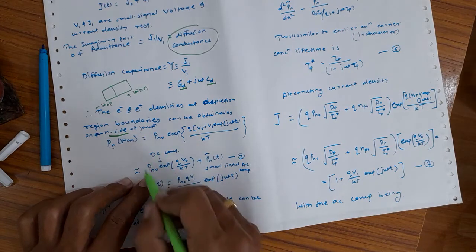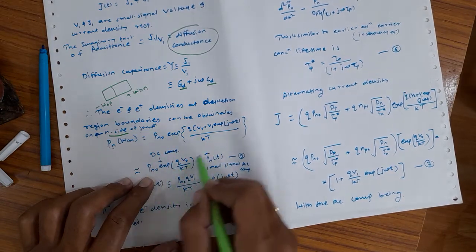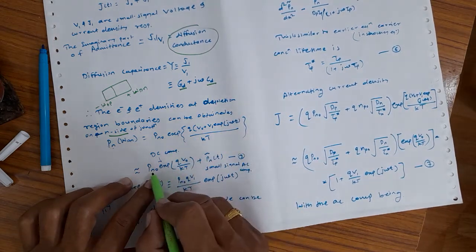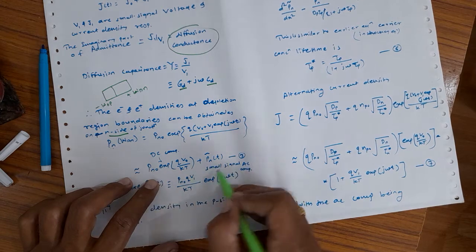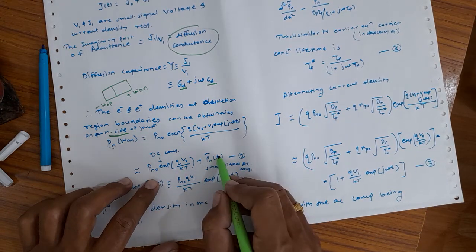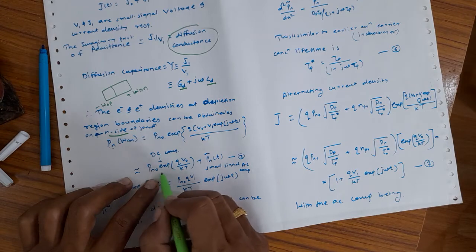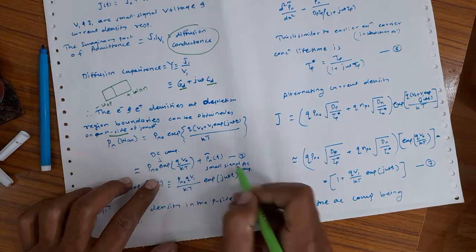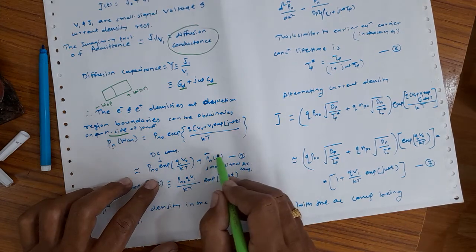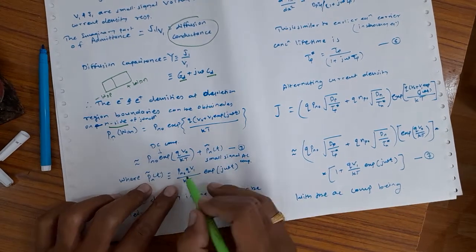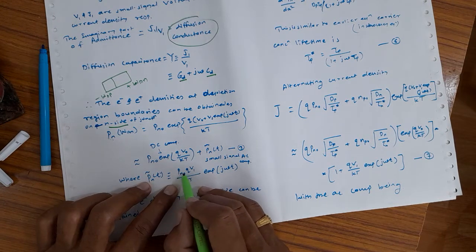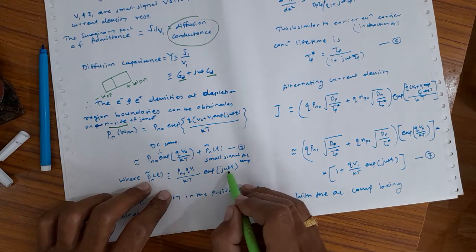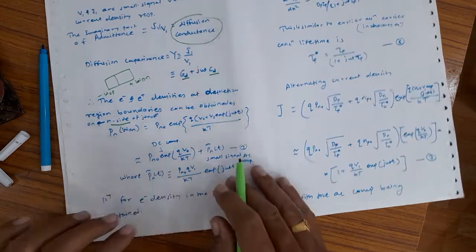Now just try to rearrange the terms. What we get is the real part plus some small-signal AC component, which is the imaginary part. The first part, pn0 exponential of q phi 0 by kT, gives us the DC component, and the AC component is pn tilde of t. What is pn tilde of t? That is defined as pn0 q v1 by kT times exponential of j omega t. So this gives us the AC part.